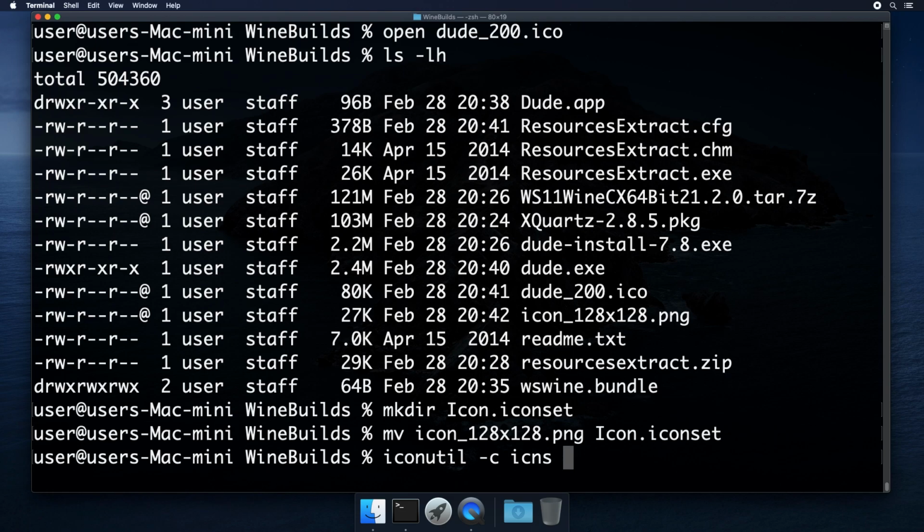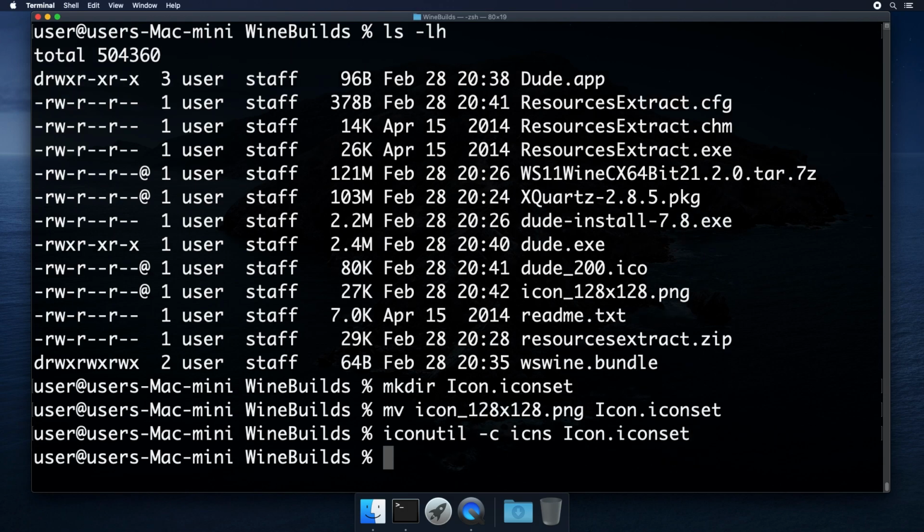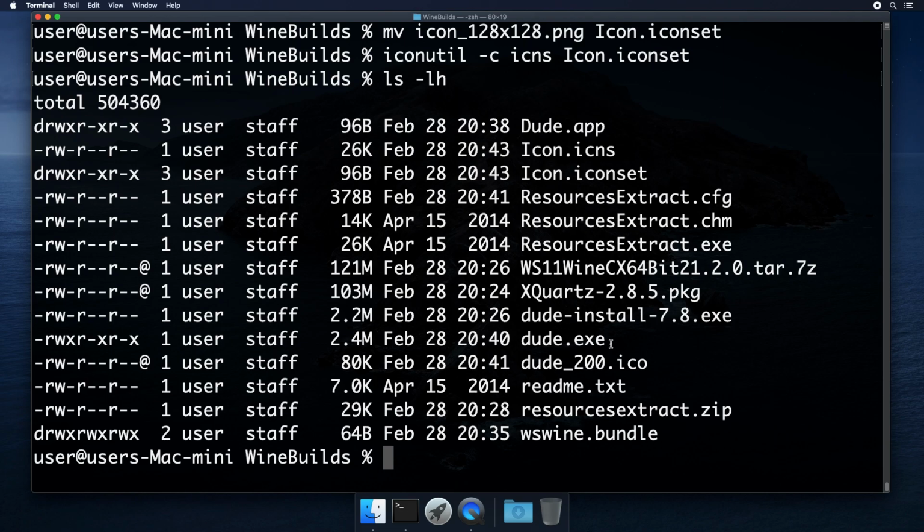Tell it what type, icons in the directory. And now you can see the icon it created.